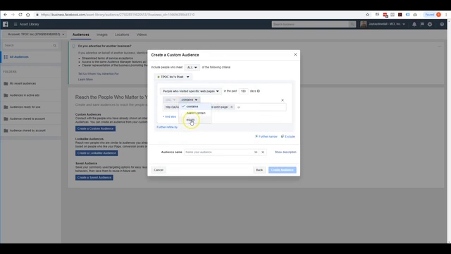Sometimes it will default to equals, or sometimes it might say it doesn't contain. So make sure you choose contains here. The reason I don't recommend using equals is because if you ever change this URL for whatever reason, unfortunately Facebook will not be able to access and store the information in the custom audience because you've told it to only monitor this exact URL. So what I recommend is changing this to contains, and anytime you're changing any of your